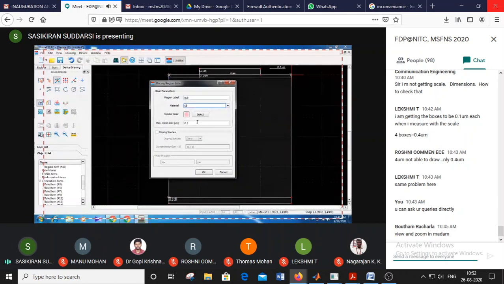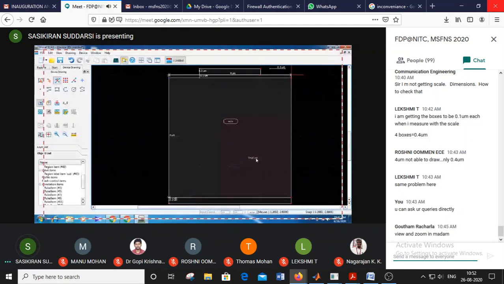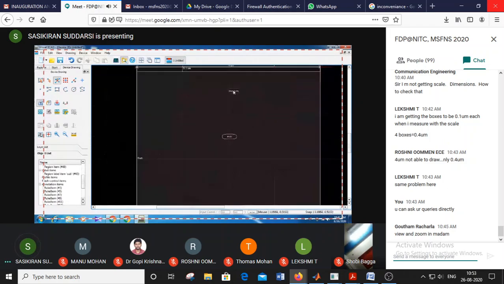And the mesh size it is having, so I am indicating here. The mesh size is, for example, 0.4 micrometers, and doping we will do later. Okay, just click on OK. See, the color was changed here, and like that the same. So the first region was completed, and now the second region.